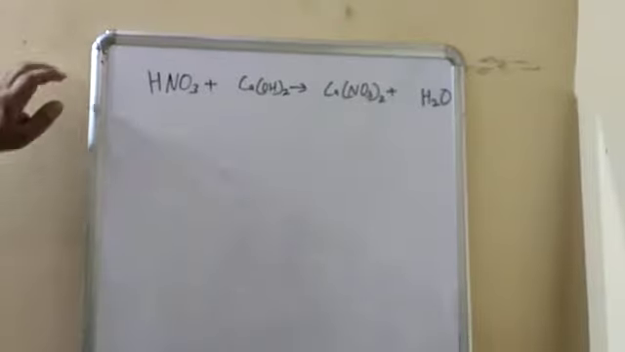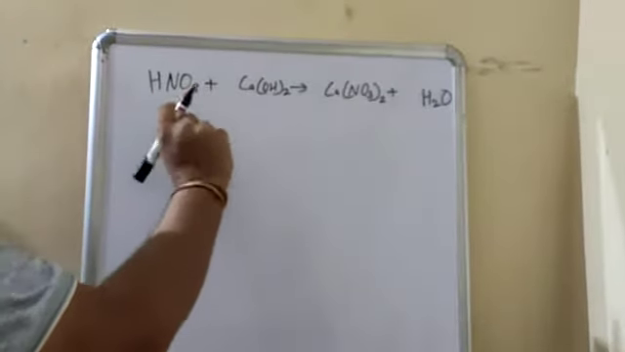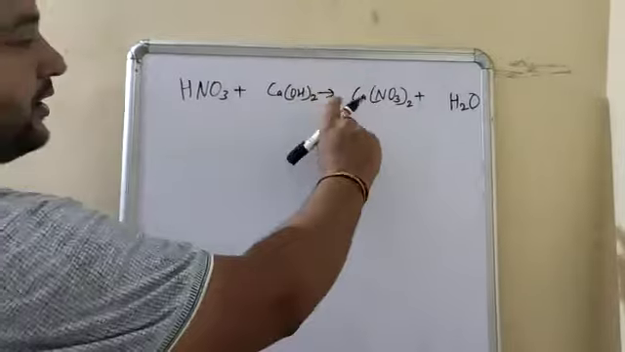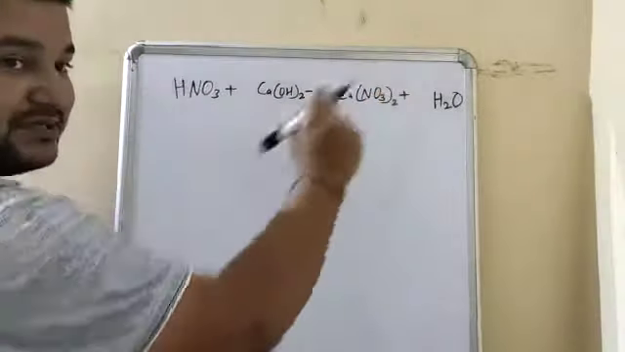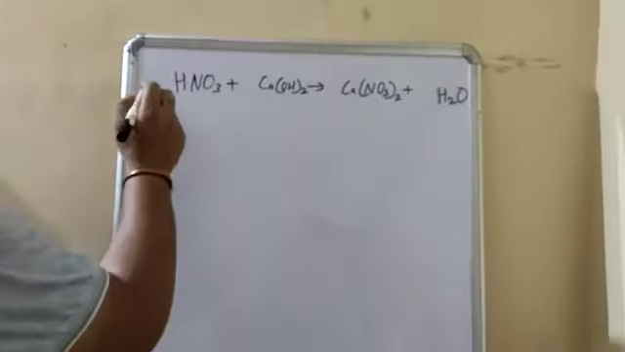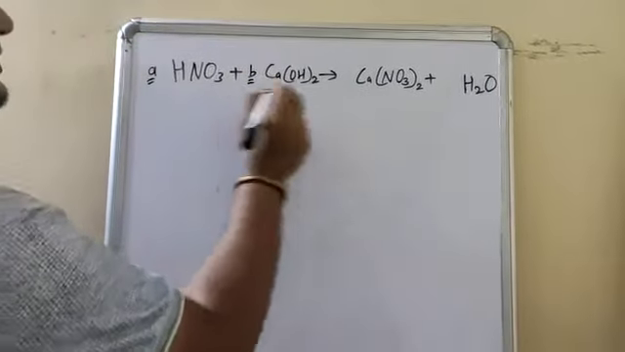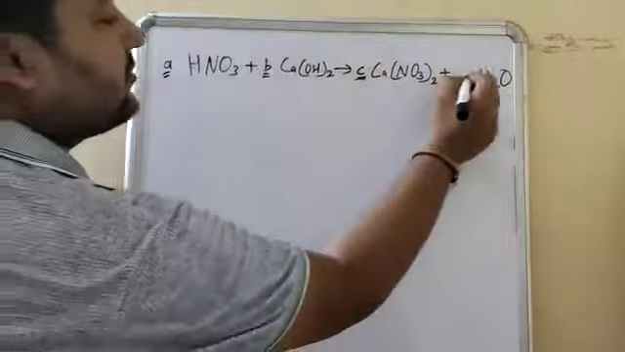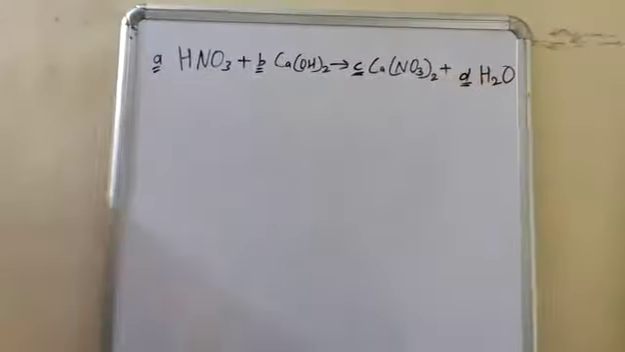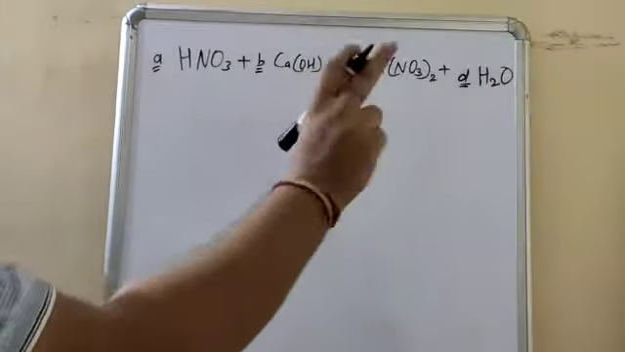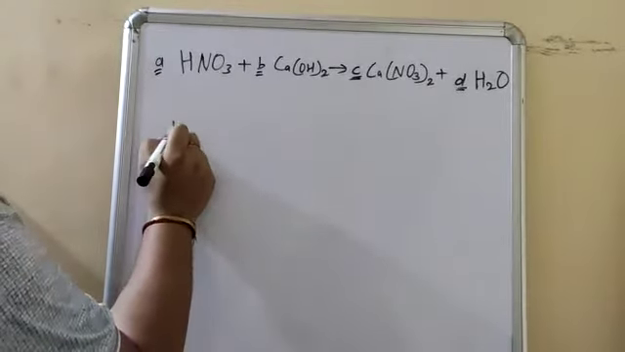Just see how to balance. So HNO3 + Ca(OH)2 = Ca(NO3)2 + H2O. First of all, you have to put A here, B here, C here, and D here. After that, just write here all elements present in this equation: hydrogen,